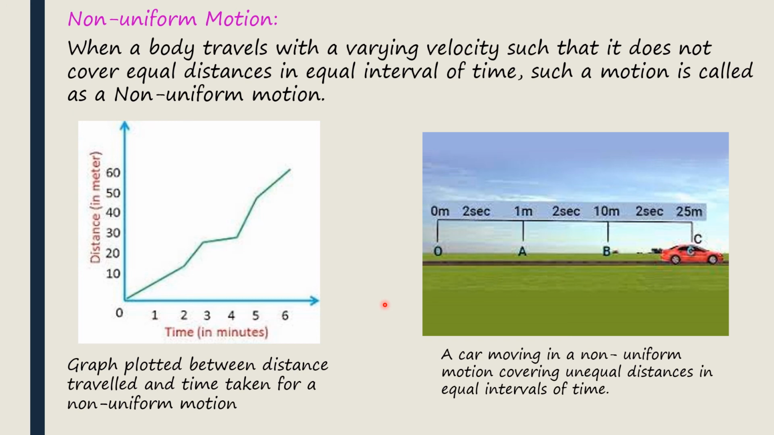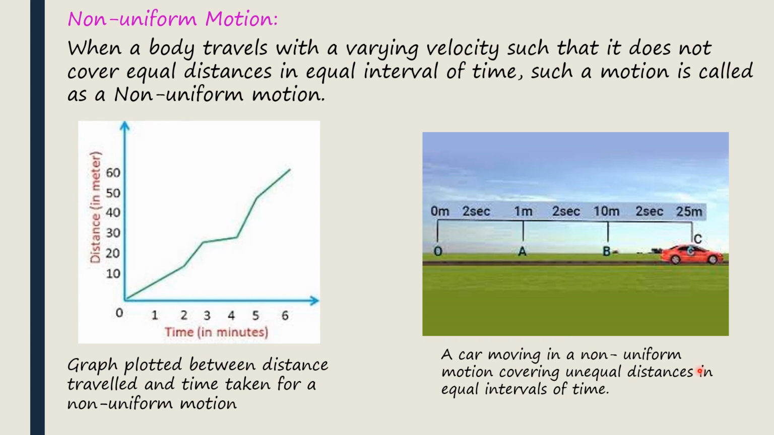Now see this example, like the previous one, there is a car and it is moving in a straight line, again from 0 to A, A to B, B to C, C to D. But you can see here from 0 to A the distance is 1 meter, next from 1 meter to 10 meters there is a different distance here, again from 10 meters to 25 meters there is a different distance. So the distances are not equal but the time is the same, 2 seconds, 2 seconds, 2 seconds. So you can see that this is an example of a